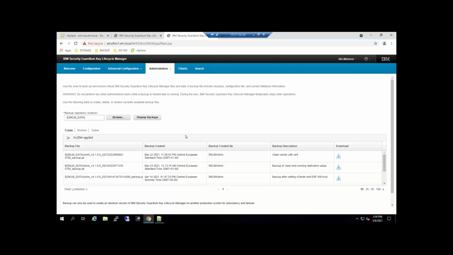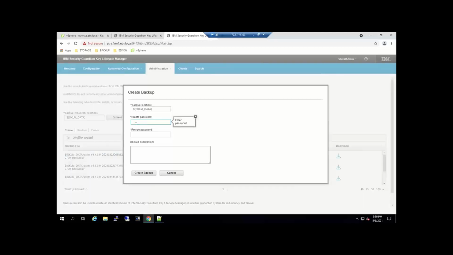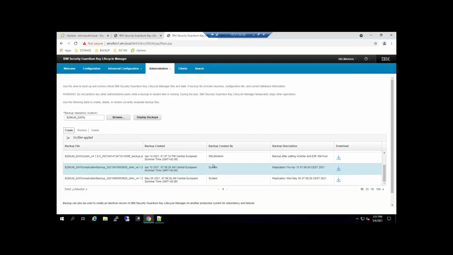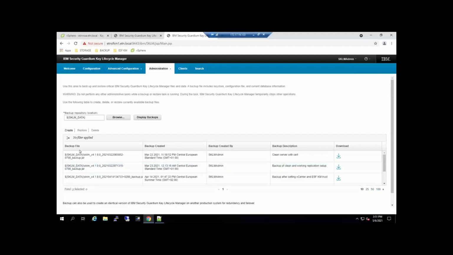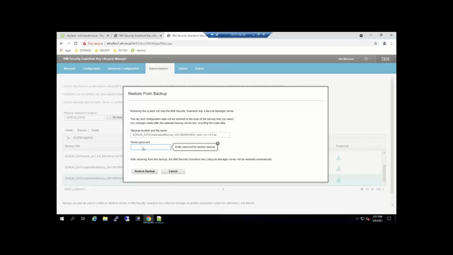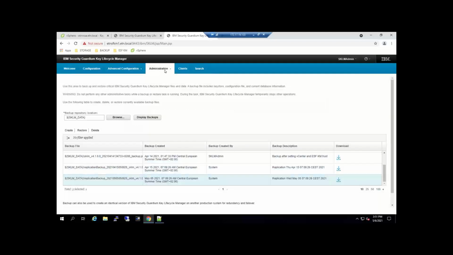First of all, backup and restore. Here you can take the backups by hand. So you can create a backup at any time, create a password, because each backup must be encrypted with the password. So it's creating a backup of the whole configuration files and keys stored in the KM management server. But it's a manual operation up here. We can also restore the data from the backups. So we just need to select the backup, click restore, and enter the password.